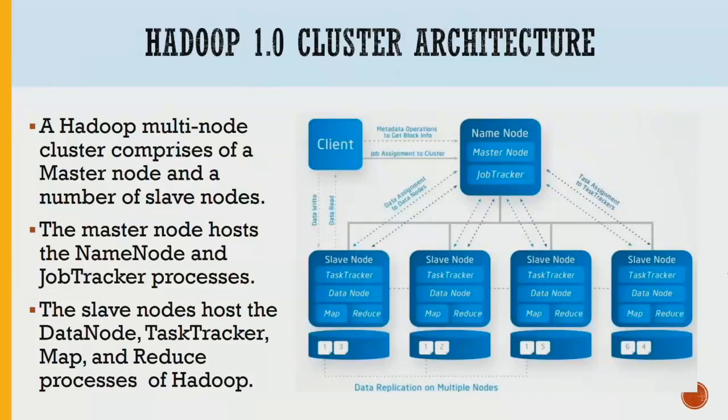Whenever you write a MapReduce program, the client has to connect to the master node and give the whole data file location to the name node. Then the name node will copy the data into the Hadoop distributed file system, divide it into blocks of 128 MB, and copy those blocks across the slave nodes. The index of those blocks is dynamically generated by the data nodes, and then it is passed on to the name node in the master node.